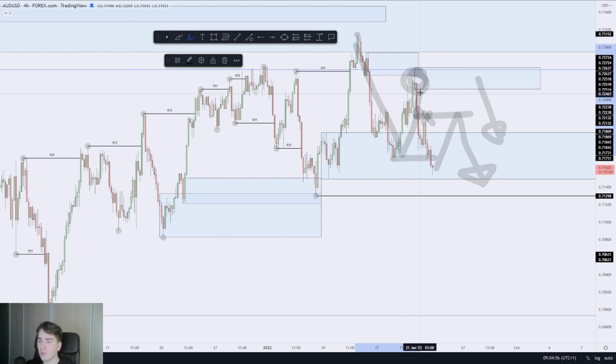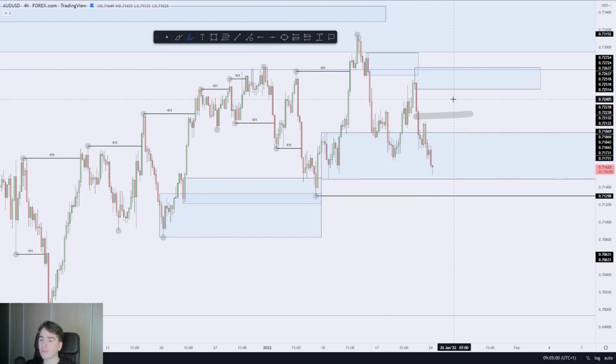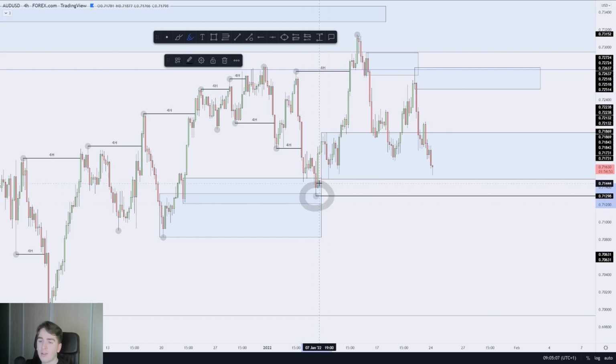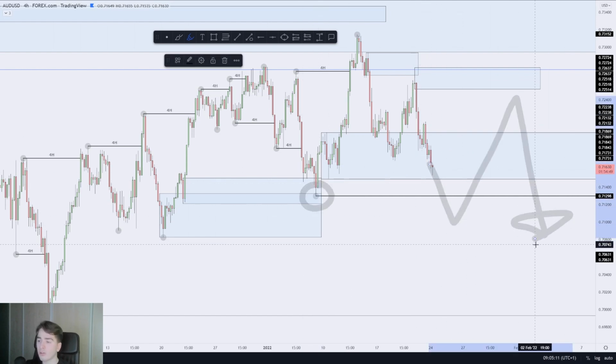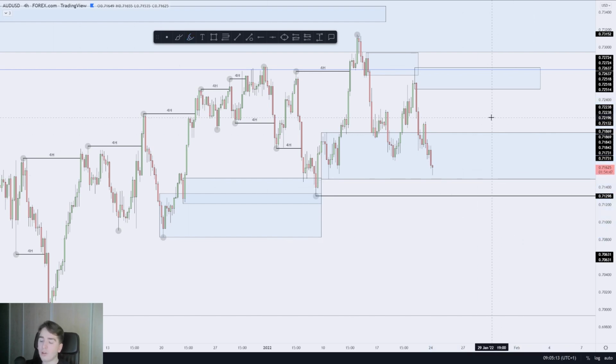internal structure low. So that's pretty much what I'm just looking at, kind of trying to trade in line with the internal structure alongside the daily and the weekly bearish structure as well. Once we break this low over here, the 4 hour will then flip bearish, and I will be even more confident to look for shorts. So yep, that is Aussie dollar. Not much for today, but might get interesting somewhere during this week.